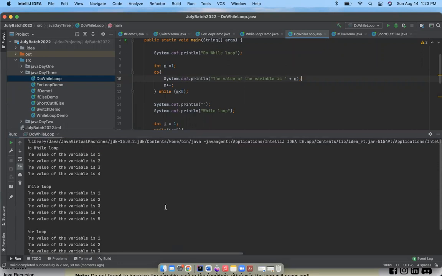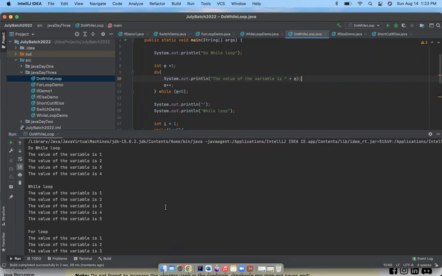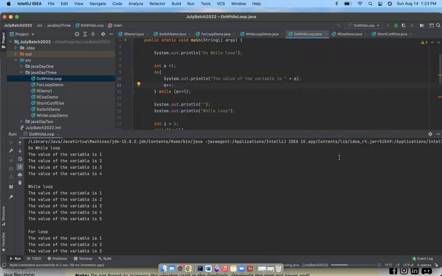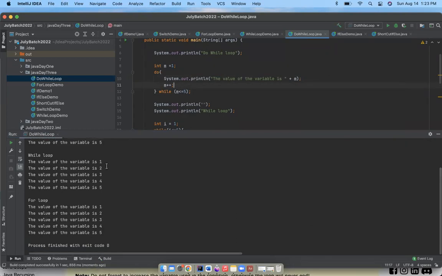Exactly the same answer. So this is still 4 because I did not give the equal. I can give equal also, so that will make all of them the same. Since both of them are giving exactly the same answer, while loop and do while loop,